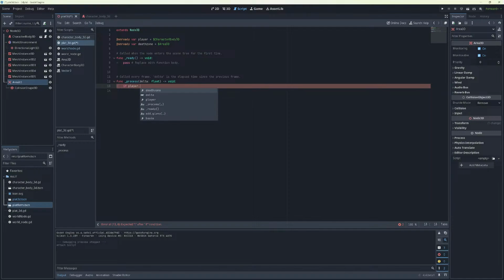If player dot... no. If death zone dot area entered is true,